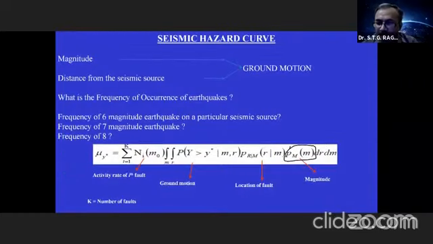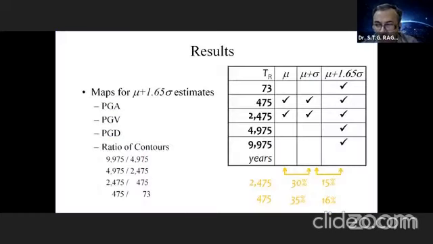So finally, the probability density function of magnitude has been worked out from the data. Then the location of the faults we know, from the elliptical smoothing, we have got these numbers also. And the ground motion relations also are there. Now we have to integrate all these three to come up with our seismic hazard maps. Now, as Professor Murthy also mentioned during his lecture on the first day, here in the new codes,